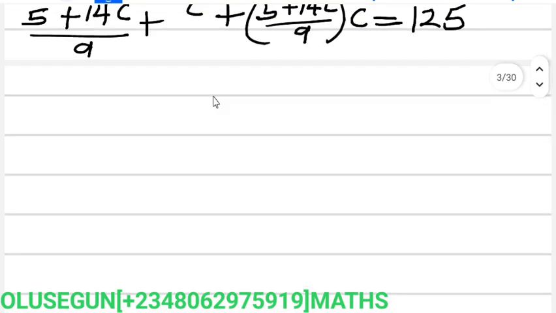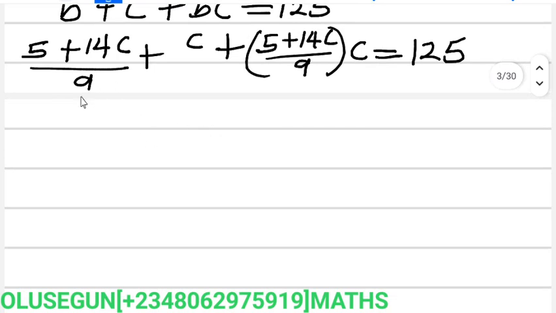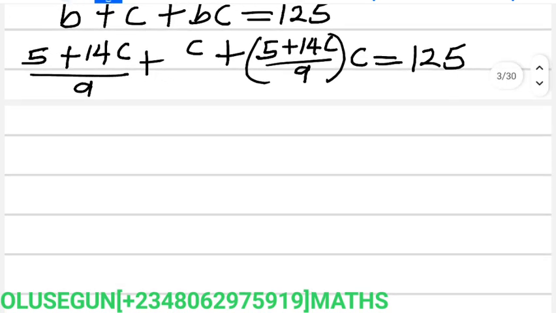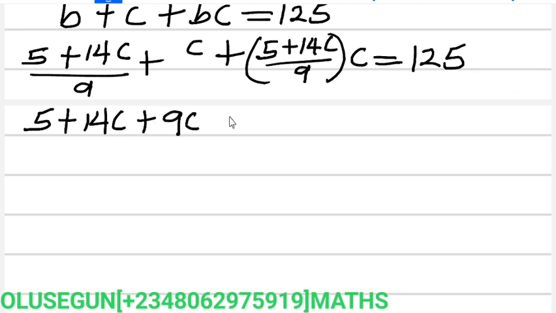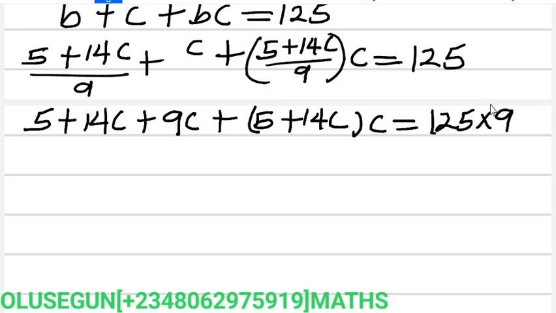So in expansion for this, let's try to multiply all through by 9. By multiplying all through by 9, we have (5 plus 14C) plus 9C, plus (5 plus 14C) multiplied by C, is equal to 125 times 9. So in view of this, we have